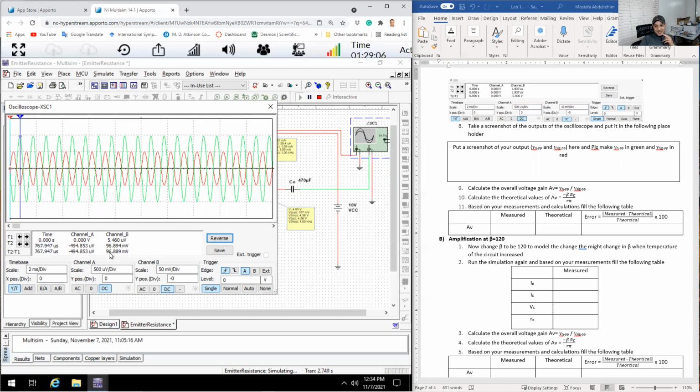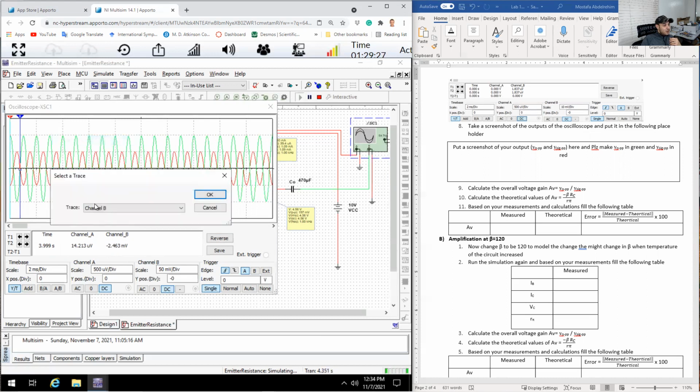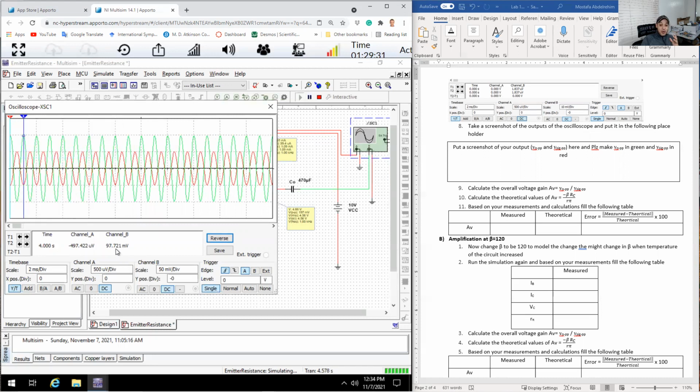Now it's a change. It was 83, I think. Yeah, it was 83. Now it's 96. Let's say 97. Of course, in your report you should report the correct value, without any approximation. But just for the sake of argument here, let's approximate it as 97. Now the amplification becomes 97 millivolt divided by half a millivolt,